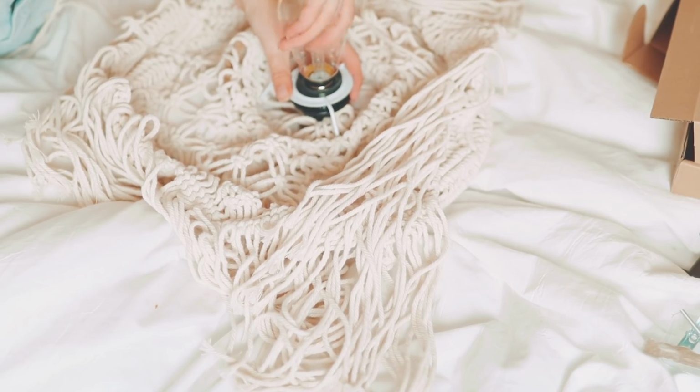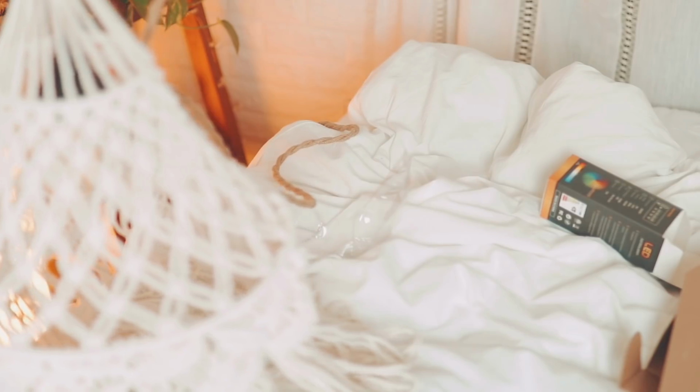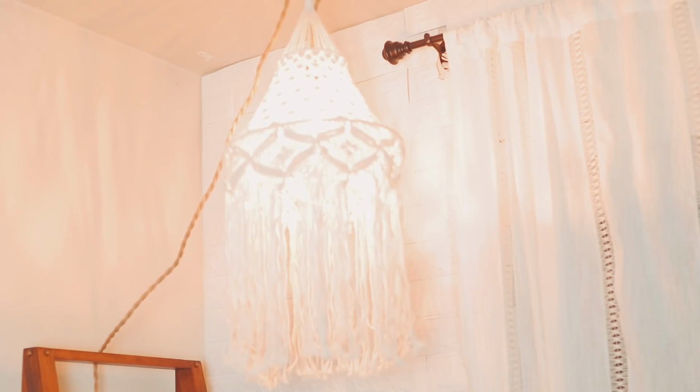The key is you just want a cord that plugs into the wall, unless your room already comes with an overhead light fixture. I chose to use this macrame pendant shade from Amazon and this vintage Edison style bulb. Since the macrame doesn't really shield your eyes from the bulb, I didn't want to use anything that was too